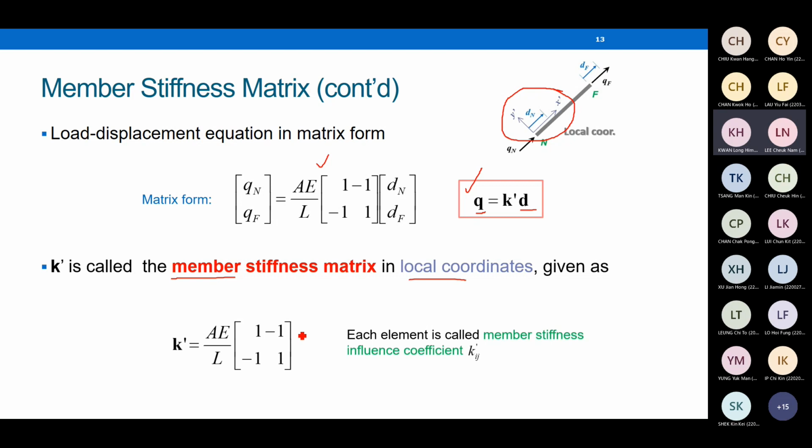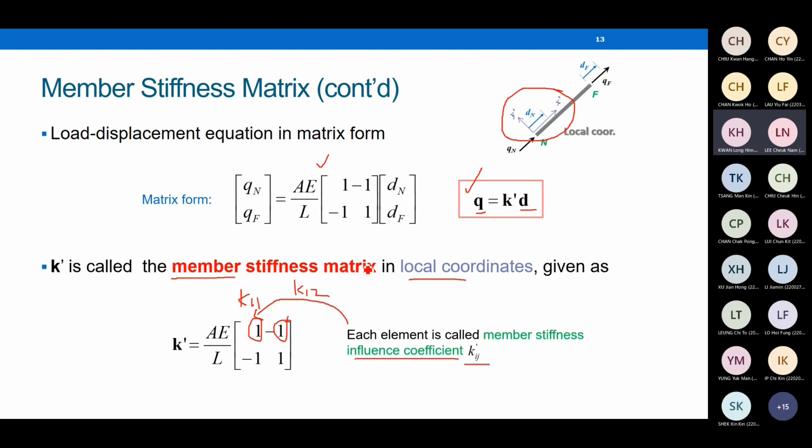The elements inside the stiffness matrix K, if you like, you can call them member stiffness influence coefficients. It's just the name of the elements inside the matrix. It's called stiffness influence coefficients. Symbolically, it is equal to Kij, where i and j are the row index and column index. Say, for example, this is K11, K12,